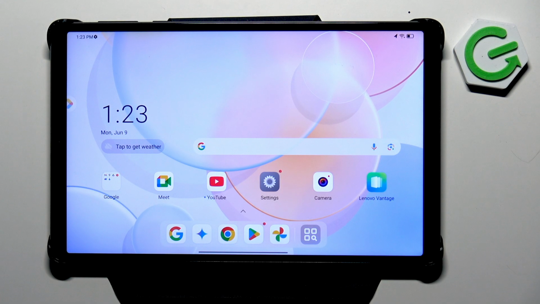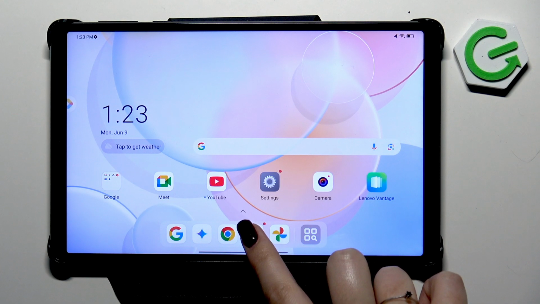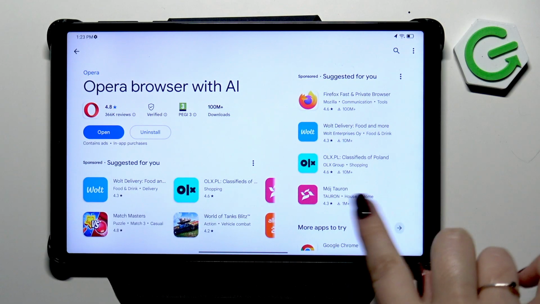So let's start with opening the Google Play Store, but before that, make sure that you've got an internet connection. It is required for downloading anything. And the second thing is that you will be able to follow all of my steps